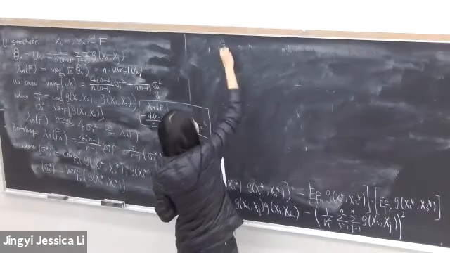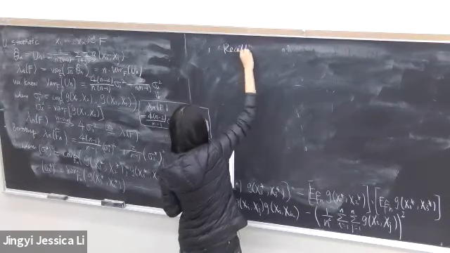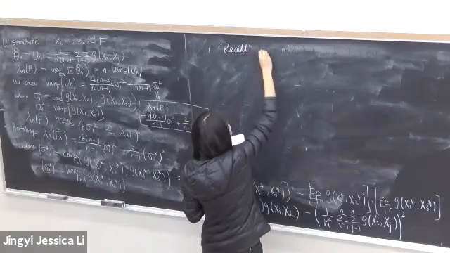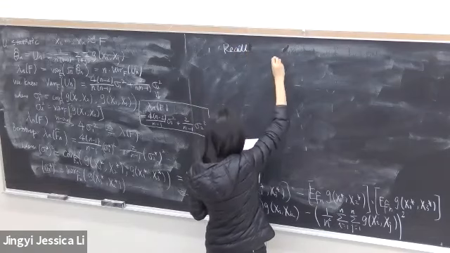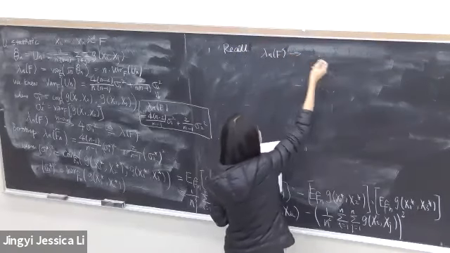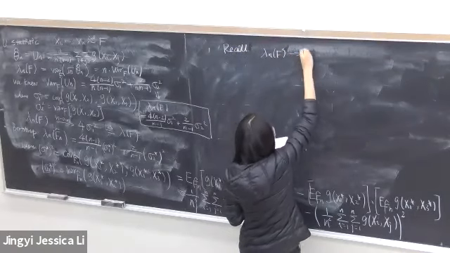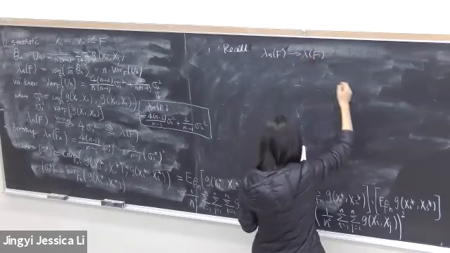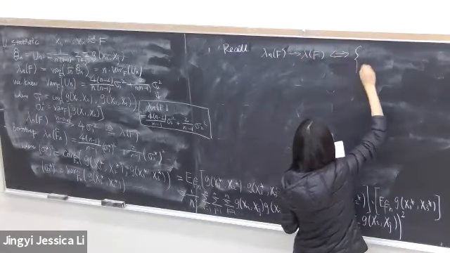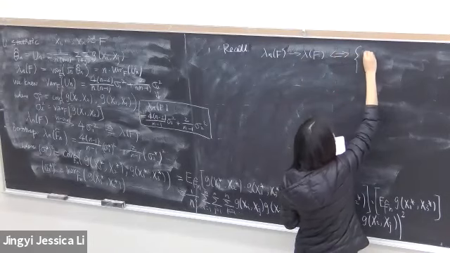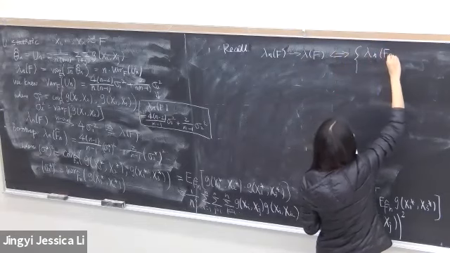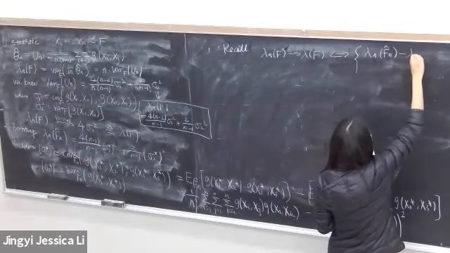So recall, if we have lambda n f converging to lambda f, okay? This is equivalent to these two things. We have lambda n f n hat minus lambda n f